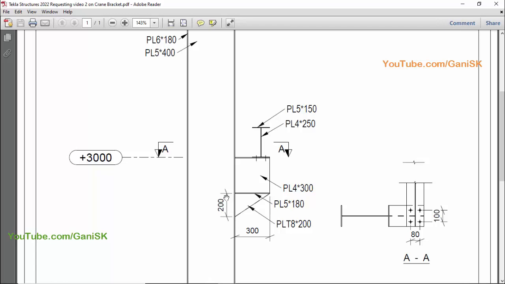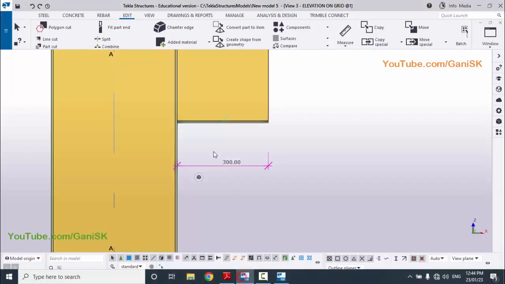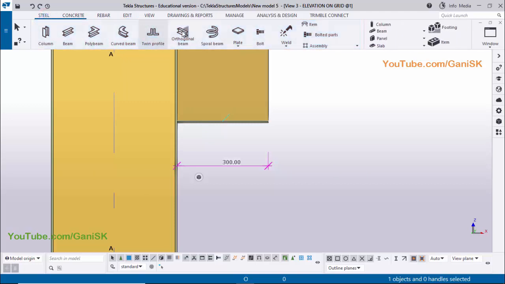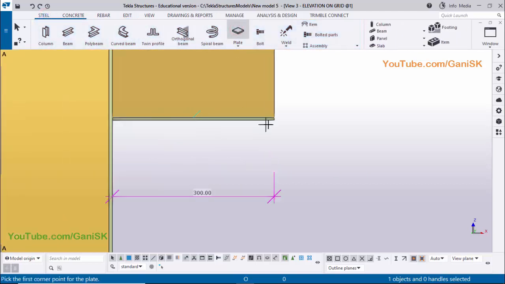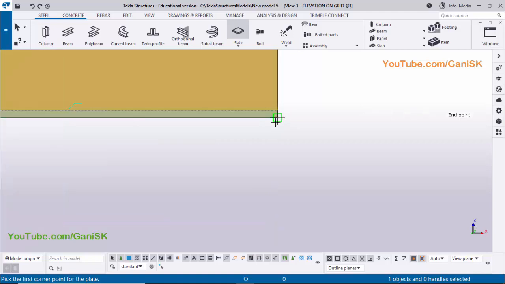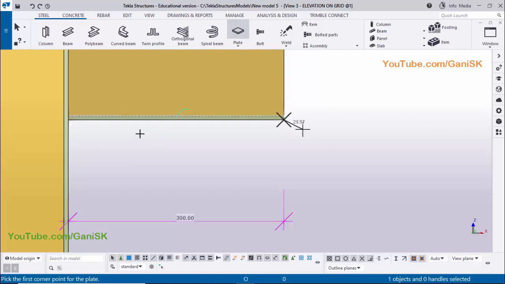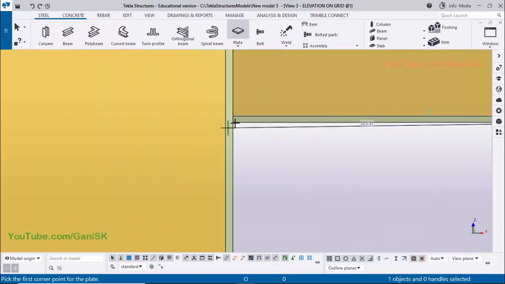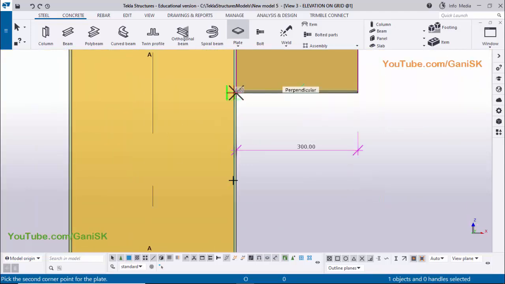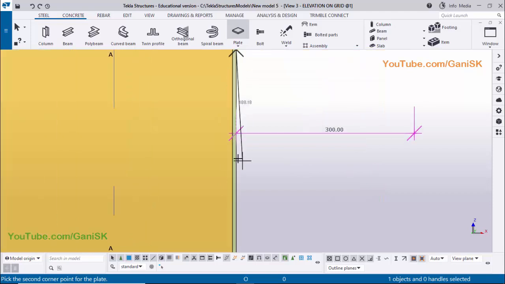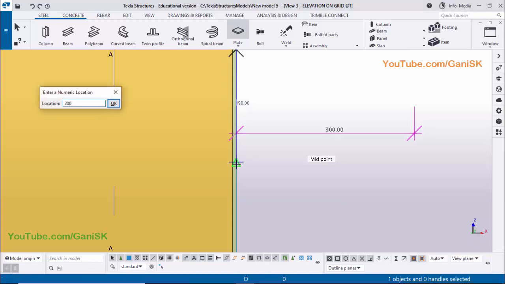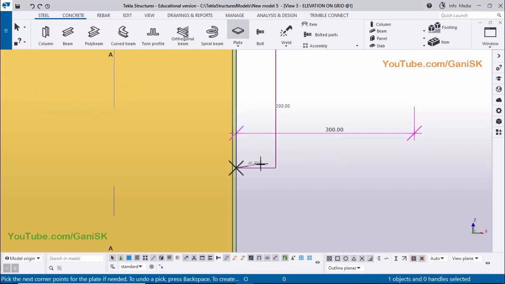So width 300 and depth we require 200 millimeter. So click on the steel tab and select this plate and zoom it and pick the first point here at the bottom of this flange and pick the second point at the corner and for depth we require 200 millimeters. So just give the direction, don't click on it, just place it on the edge. You can see you'll get this snap symbol at the middle. So just place it and enter the value. We require 200 millimeters, so enter 200 on your keyboard,